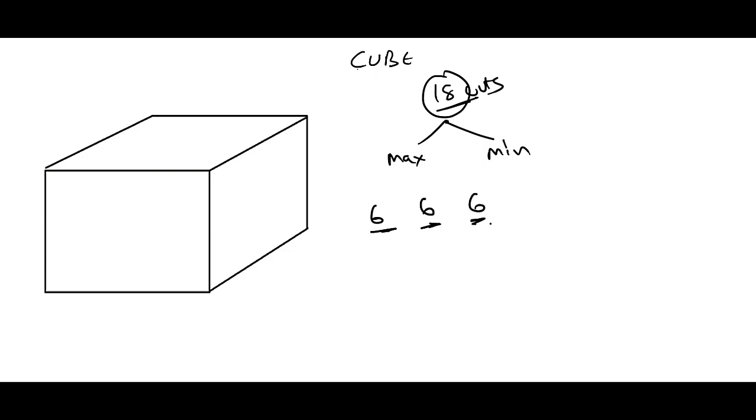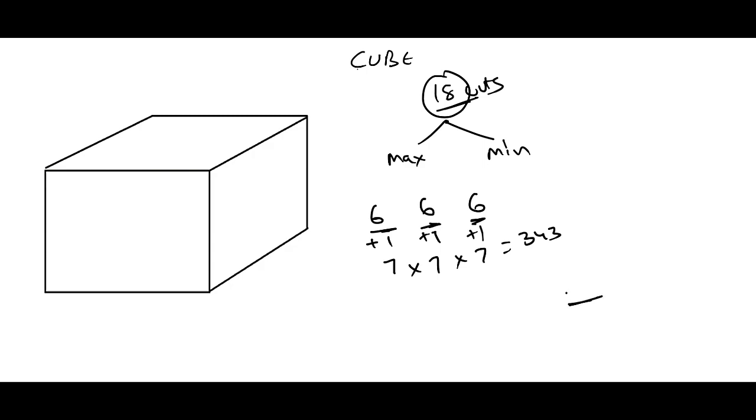By making 6 cuts, the relation you have learned between cuts and pieces is of 1. From cuts to pieces it will be +1, from pieces to cuts it will be -1. Now this is from cuts to pieces, so we'll have to go +1. That means when we make 6 cuts, we'll get 7 pieces, again 7 pieces in the other direction, and 7 pieces in the third direction, and the total number of pieces will be 343.